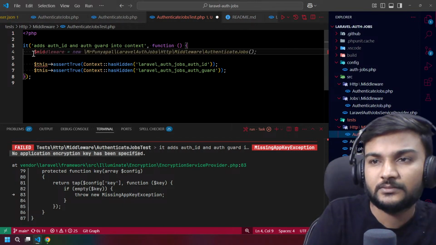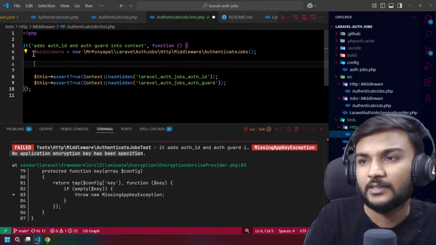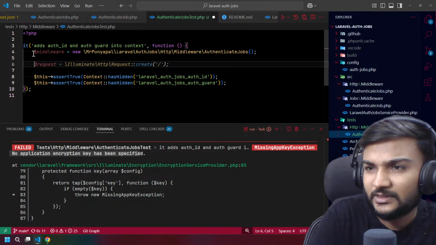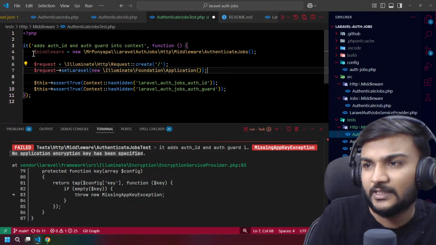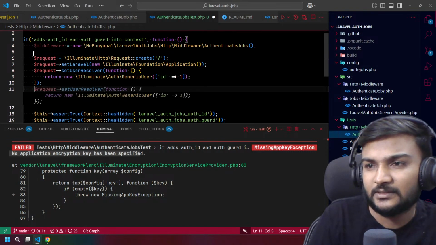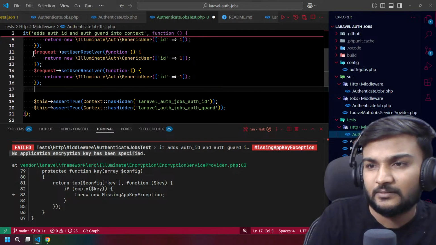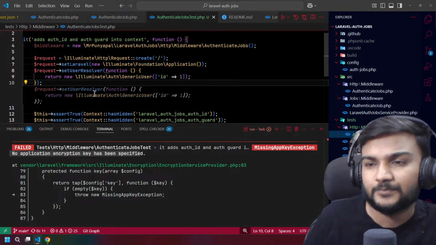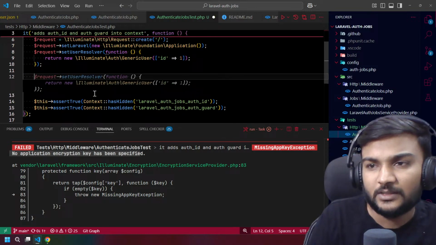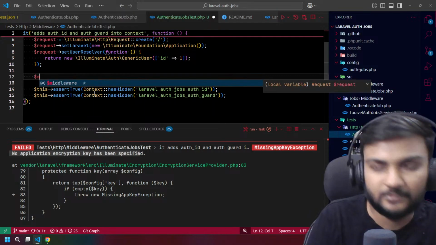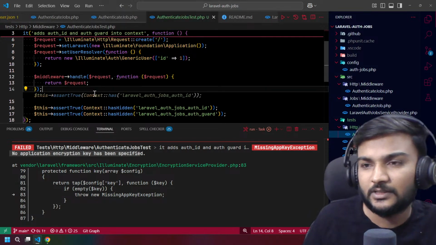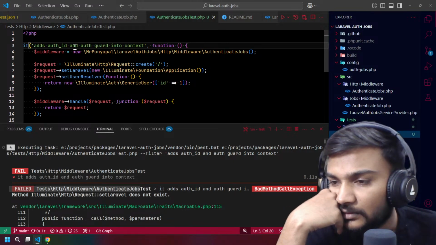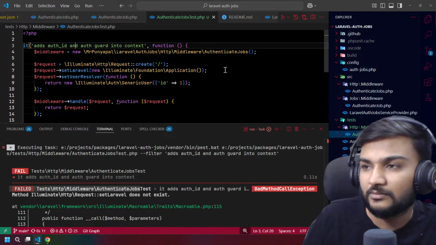dollar middleware is equal to perfect, and we can say, do I need to create? Yeah, I need to create that. Whatever. Oh, it's going into the loop. Now what I can do is, I guess, the middleware, and I can call a handle, right? So it is like just calling a middleware. Okay, set Laravel does not. Oh, wow,